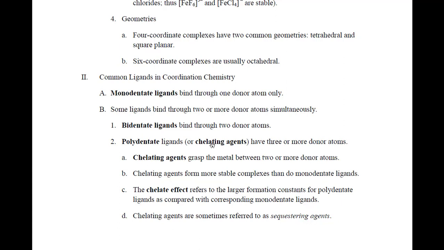The chelate, if you've had enough biology and you think about a lobster or a crawfish, that has that big old pincer, that pincer is its chelator. And so the chelating agent then takes many bites into the metal. And so we pinch into it, if you will. But dentate itself comes from tooth. One lone pair equals one tooth. Two lone pairs is bidentate, and many teeth is polydentate, which we just refer to as chelating agents because of the way the molecule has grabbed onto the metal.